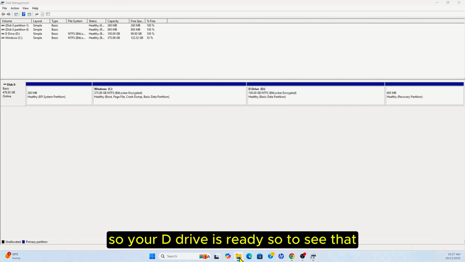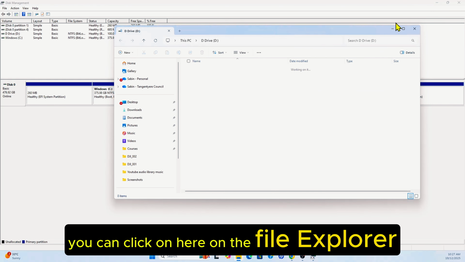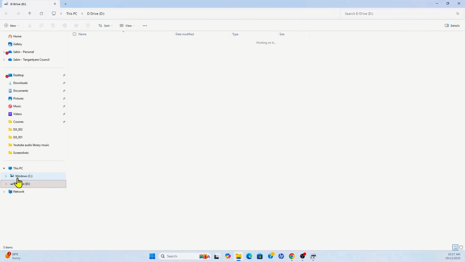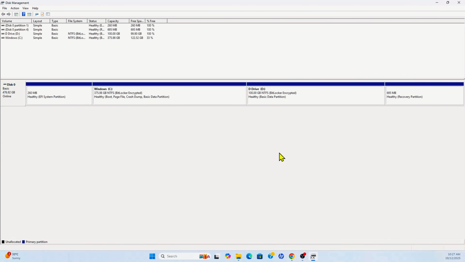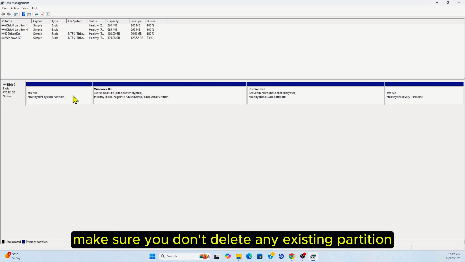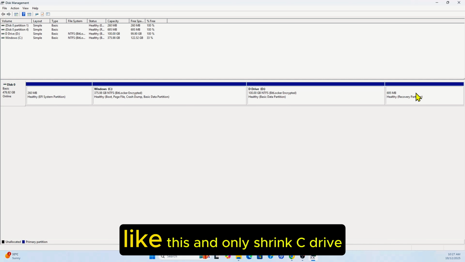To see that, you can click on the file explorer, then go to This PC, and then you will see your D drive over here. And here, make sure you don't delete any existing partition like this, and only shrink C drive and create a